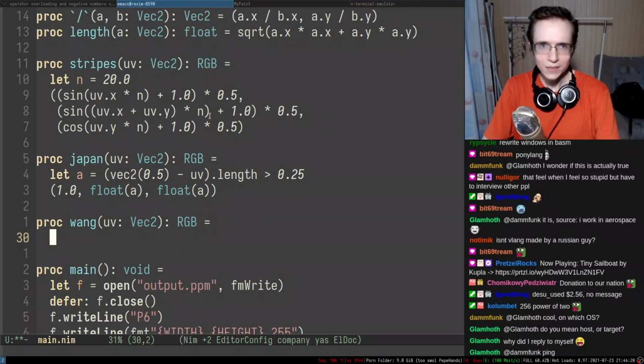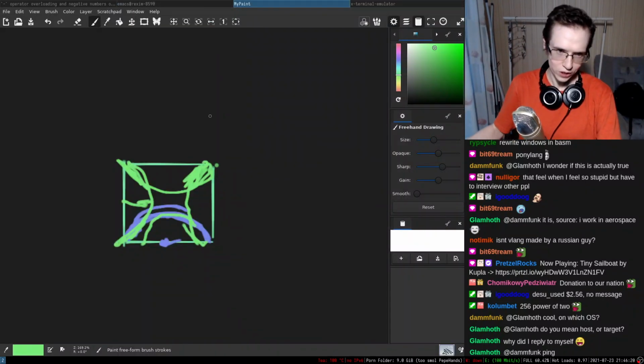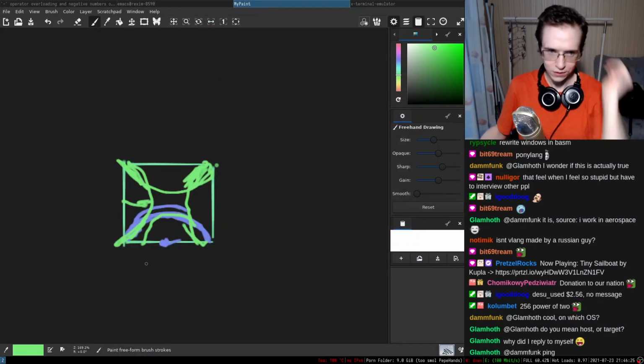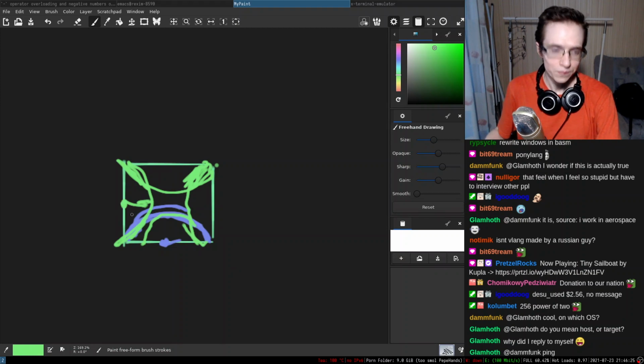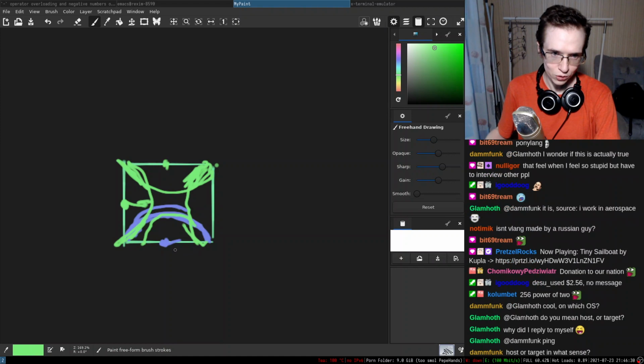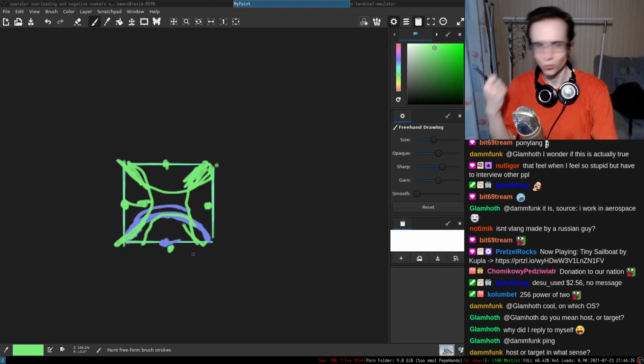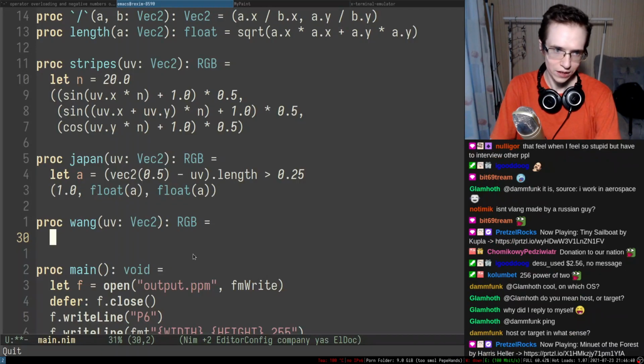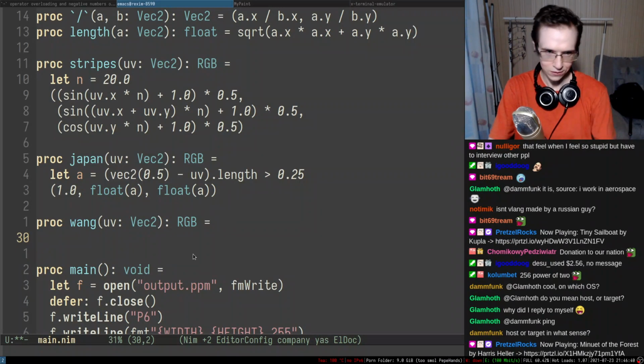I think I'm gonna start with just 4 circles, a circle on each individual side. That way we're going to generate a single Wang tile, and we'll see how it goes.